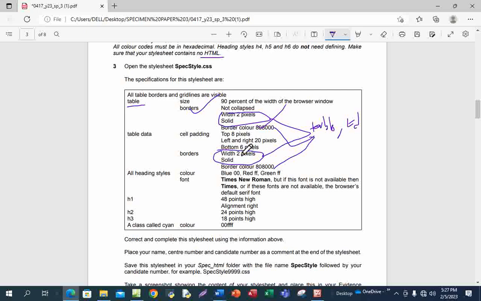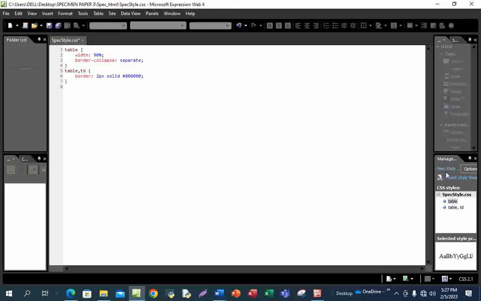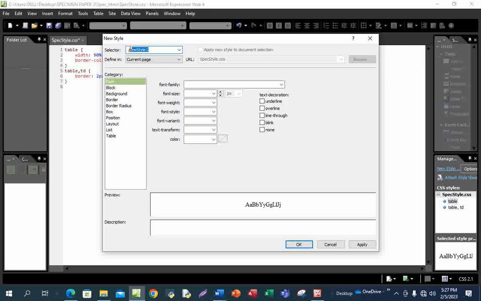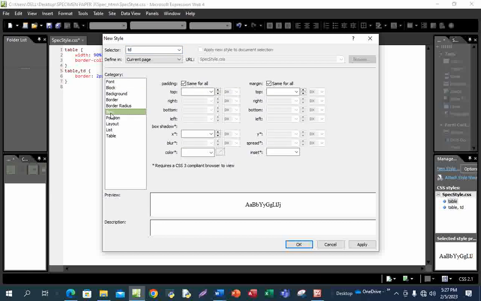Then bottom is what? Is 6 pixels. So let's quickly do that. That is for table. That is for TD. Padding. I'll get it from box. Padding,